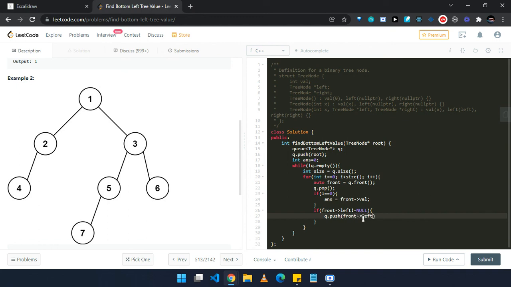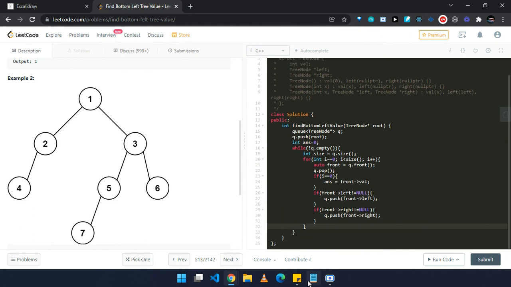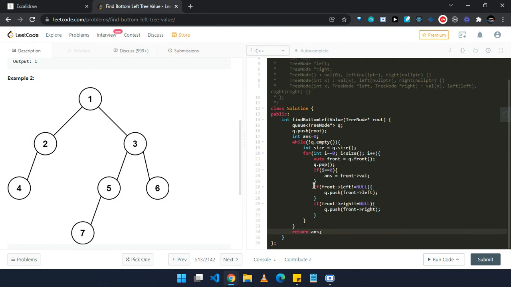Similarly, if its right node is not equal to null, q dot push front's right node. And at the end, once it exits the while loop, we will return answer. We cannot push nulls, otherwise it will create a problem, so we will only push non-null nodes.